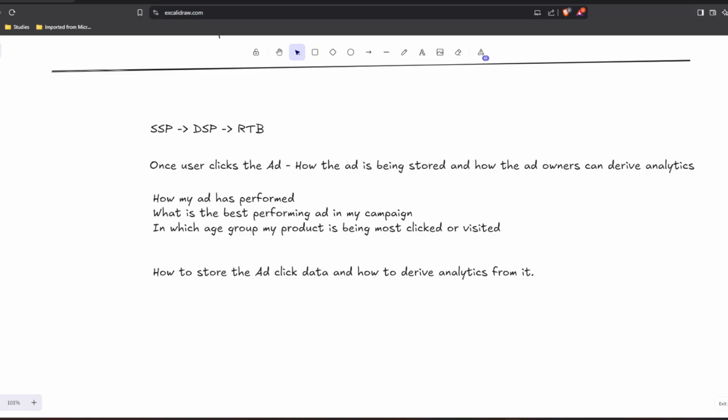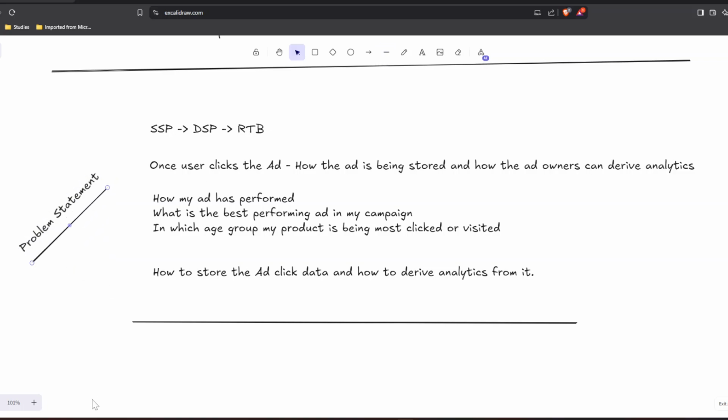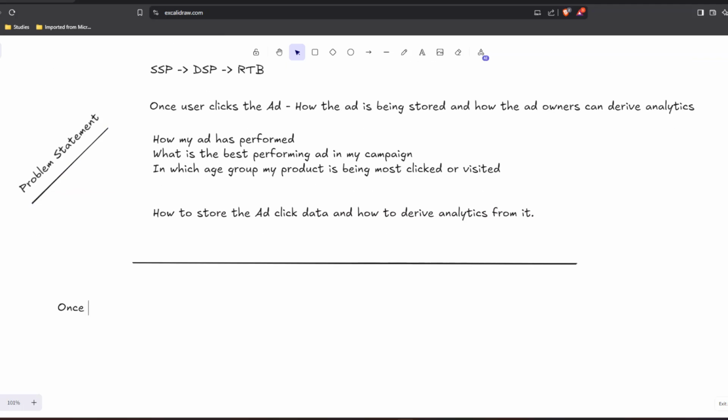Now the next thing is how data will come to our system, right? So now that we know our problem statement, let's discuss how, in this kind of system, once a user clicks on an ad, it comes to our system. On a very high level, we will definitely do a deep dive. So once a user clicks an ad served via RTB, the ad exchange,